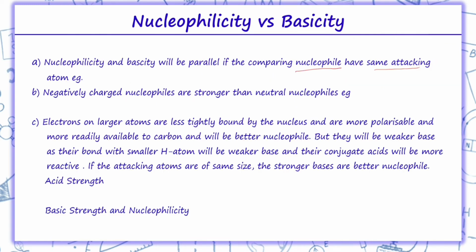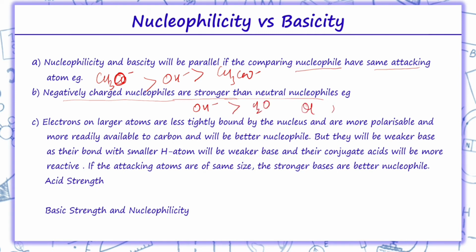Example: CH3O minus is a greater attacking agent, that is, it is more basic as compared to OH minus, as compared to CH3COO minus. Negatively charged nucleophiles are stronger than neutral nucleophiles. So negatively charged nucleophiles like OH minus are stronger than H2O, or we can say NH2 minus is stronger than